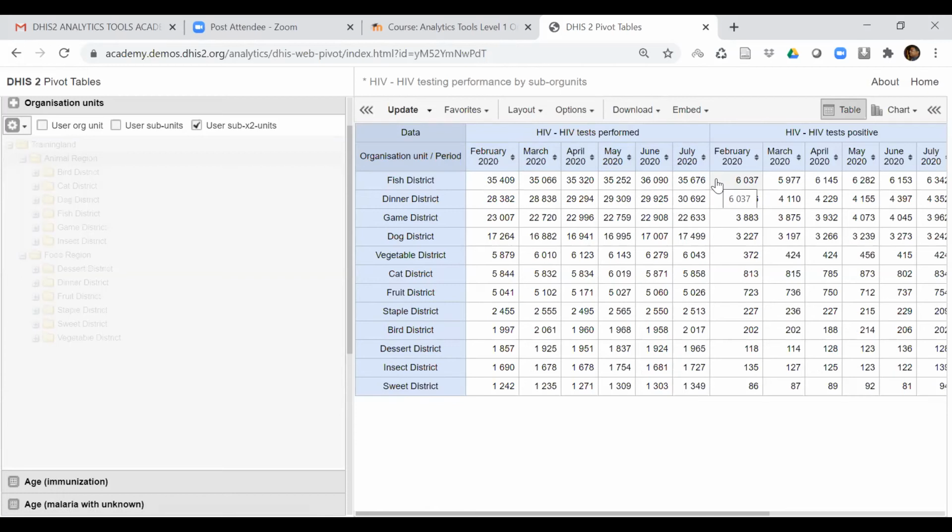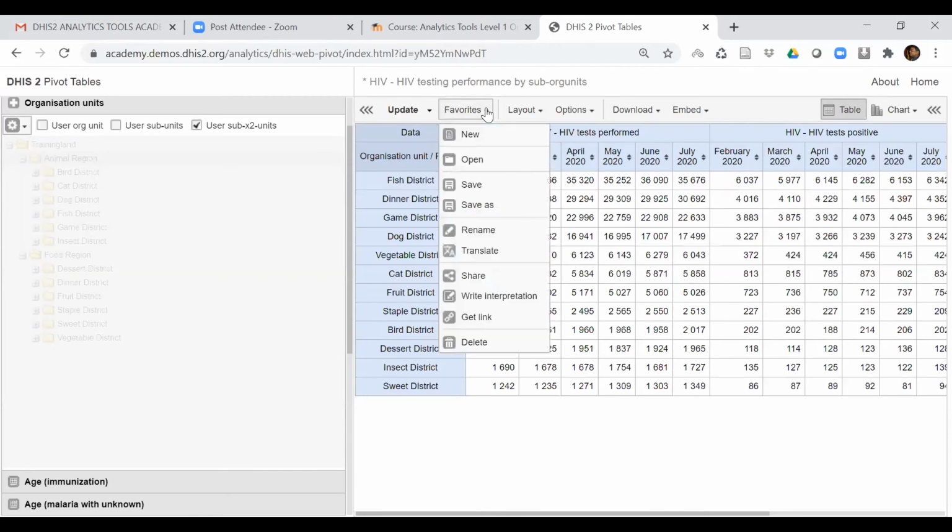One more thing to cover in part 2: saving the table, or saving the pivot table as a favorite, which is very needful and very easy. Go to the favorite menu, and you can straight away save your table.